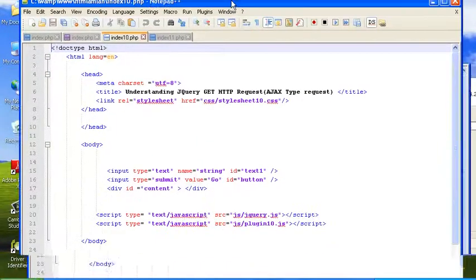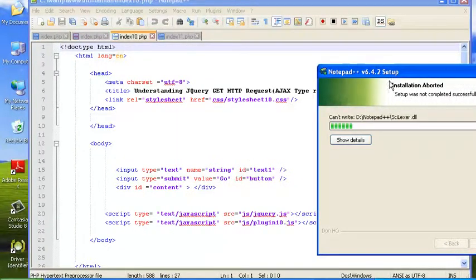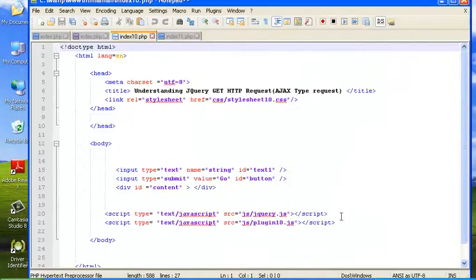Inside this textpad editor, it says that it's already open because it's really already open. I'll just cancel this because I just wanted to show you the process of getting the textpad editor. This is where you will be writing your code, so whatever code we are writing is all here. This code forms a part of your project. Your languages, scripts and everything, that's what you write here.